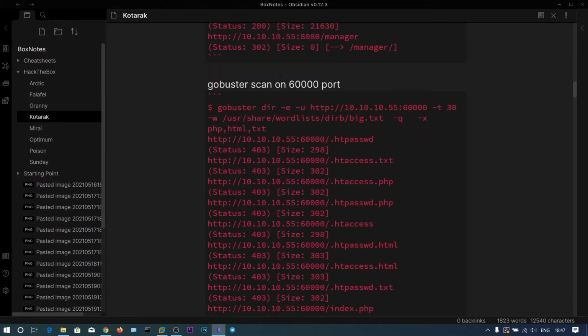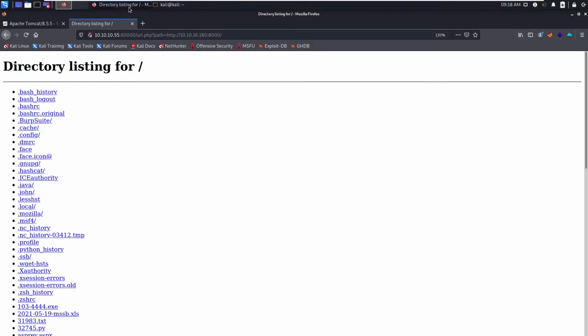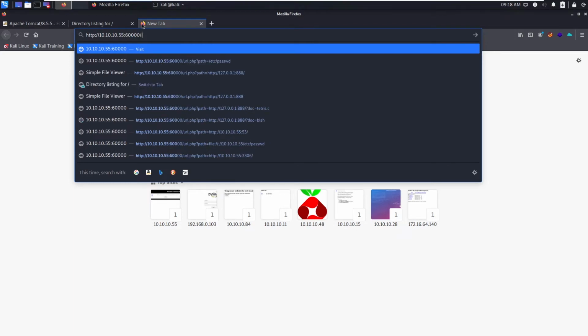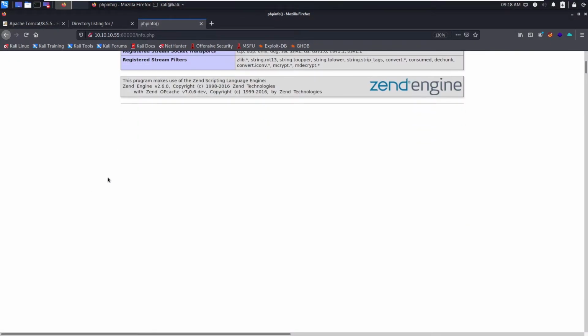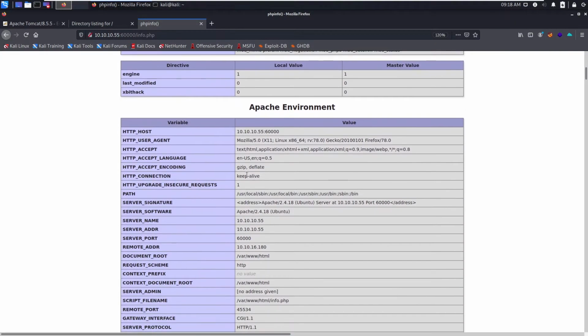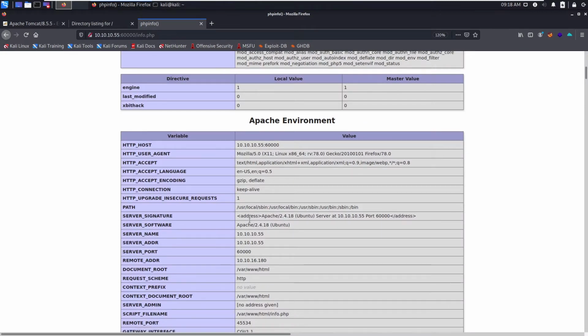And also on the 60,000 port you have the info.php that reveals the PHP info function that tells us about the PHP versions and OS version, etc. So I will show you that, info.php. So here you can search for a few juicy pieces of information. Yes, if you found any LFI vulnerabilities, you can see here all are being stored.